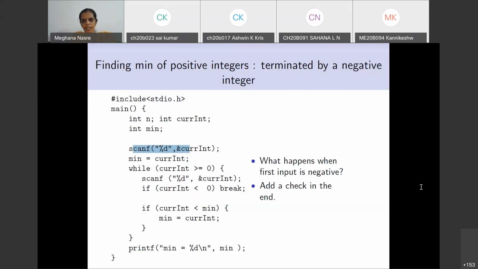Okay, any other question? There are a lot of chat messages, so I'm unable to read all of them in this time, but